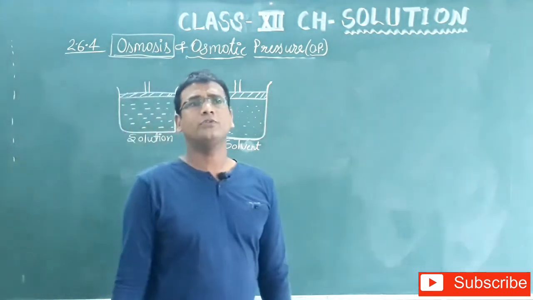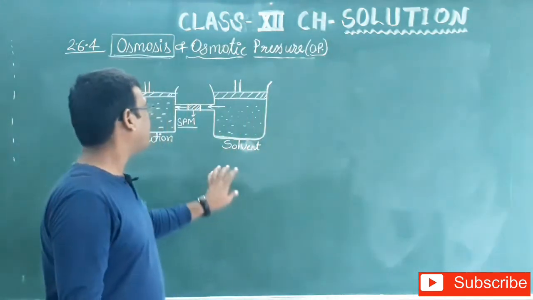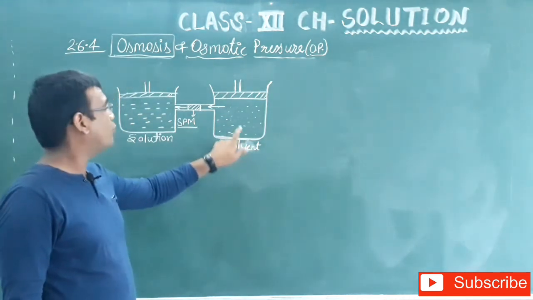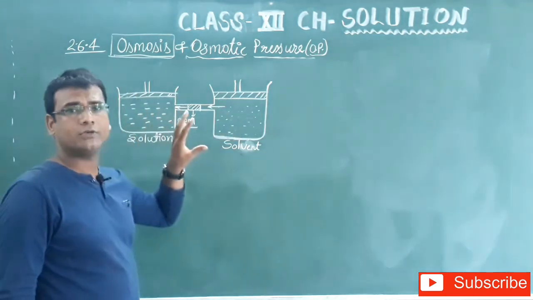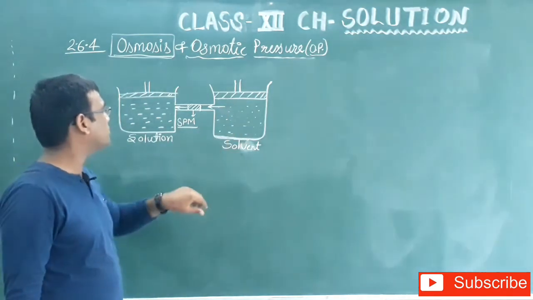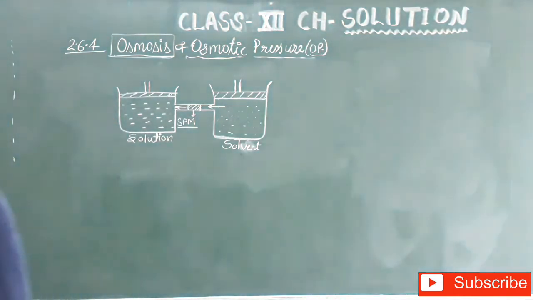Okay, now this is called osmosis, the movement of solvent particles. In case here we are talking about water, so the movement of water molecules from its higher concentration to its lower concentration. Okay, that is called osmosis. So due to this, the process of osmosis takes place. Okay,